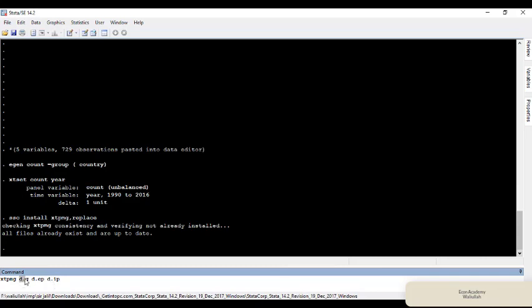This d dot, and the third d dot, are used for difference, because we want to estimate the short run equation. So this equation will give us short run results, and after the comma we will write LR for long run,